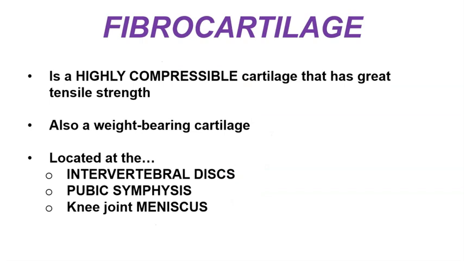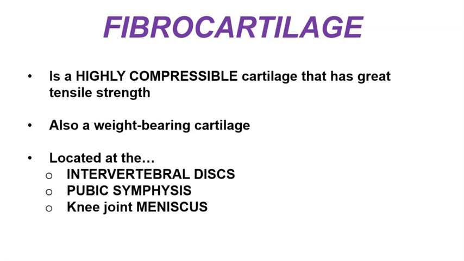And finally, we have fibrocartilage. This is a highly compressible cartilage that has a really great tensile strength. So that means that fibrocartilage is kind of an intermediate between hyaline cartilage and elastic cartilage. So it can withstand a lot of the weight-bearing forces, just like hyaline cartilage. But in addition, it also has the ability to stretch to a greater degree than hyaline cartilage does. So pretty similar to elastic cartilage. It's primarily found in three locations: the intervertebral discs, the pubic symphysis, and in the knee joint as the medial